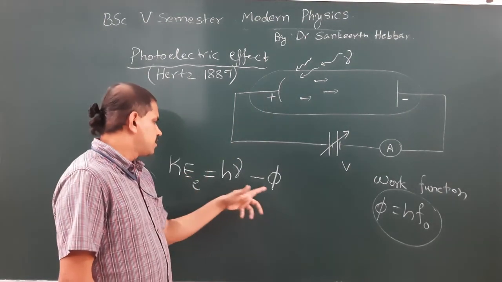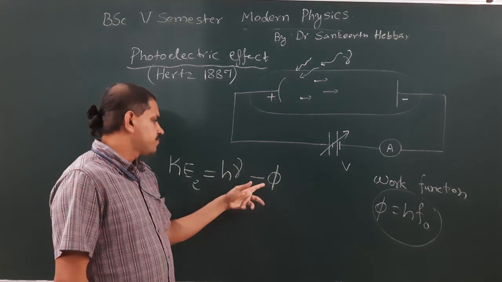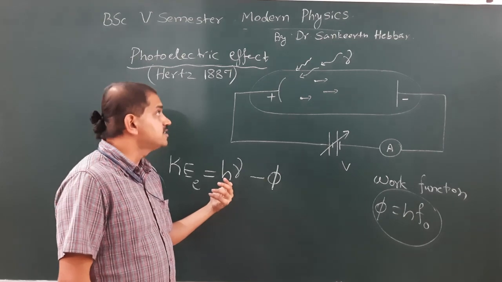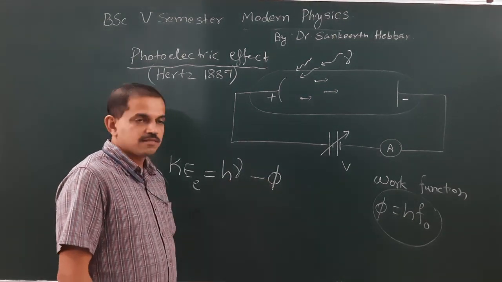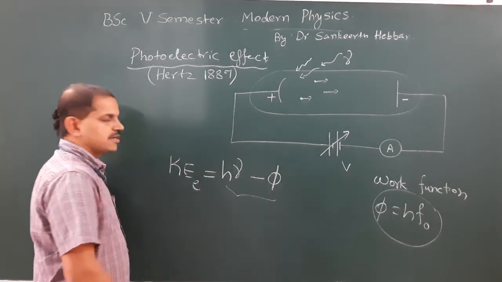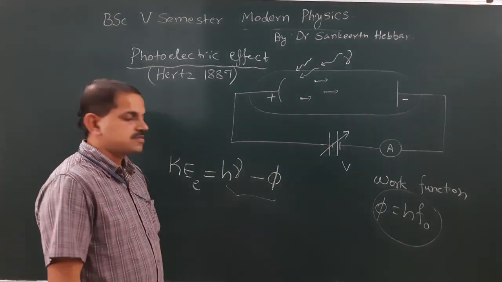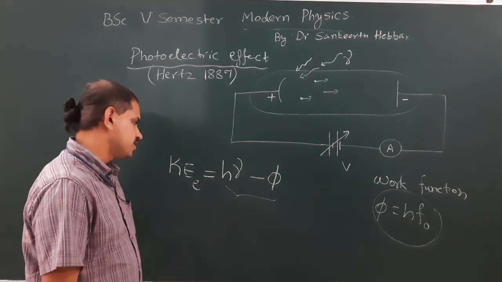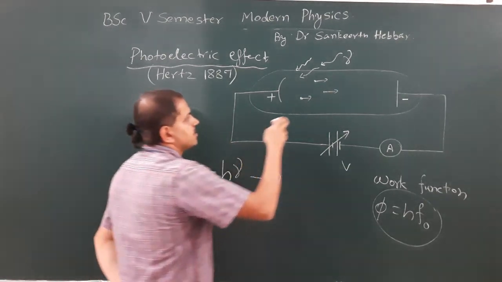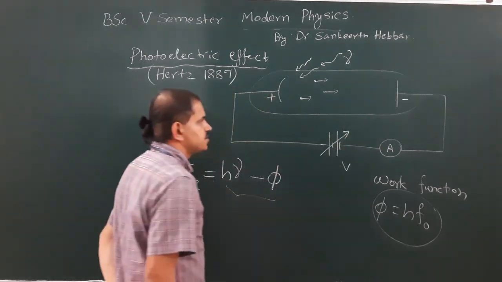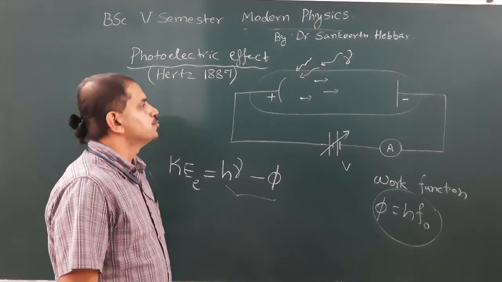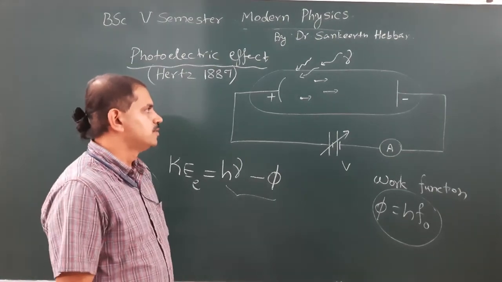If the energy of the incident radiation becomes more than the work function, then this difference in energy is taken by the electron as kinetic energy,